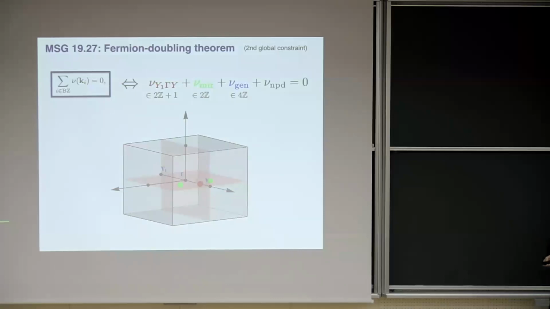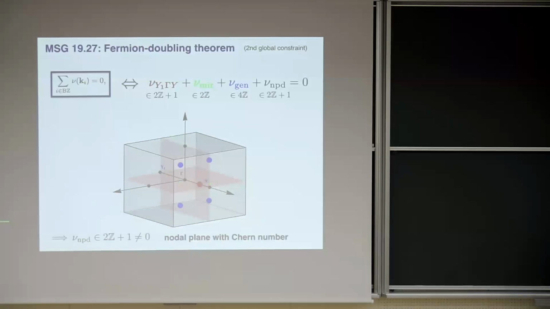So let's see if we put a Weyl point on one of these planes, which are left invariant by the screw rotation. If we have a Weyl point here, then we always have the other screw rotation that we can apply, so we can generate another partner, which again has the same number. That means now we still have an even number plus an odd number, different from 0. So how is this resolved? Probably you guessed it already. It is because the nodal plane must have a topological charge.